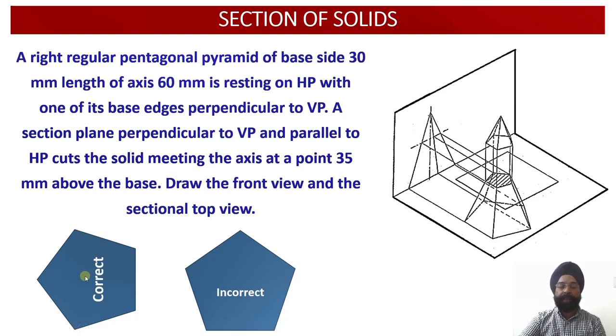Now let us read out the statement and work out the appropriate orientation of this pentagonal shape, or the shape of the base, onto the horizontal plane. So let us read out the statement. A right regular pentagonal pyramid of base side 30 millimeter and